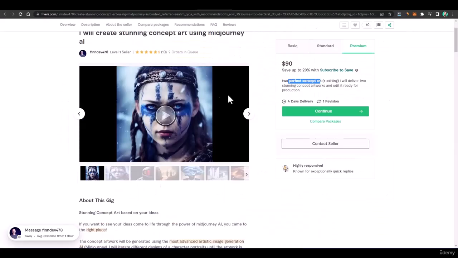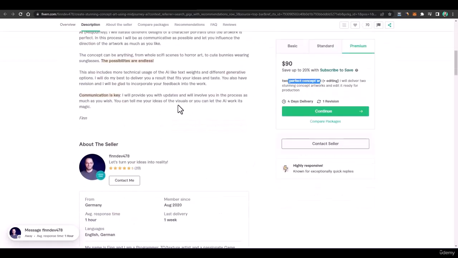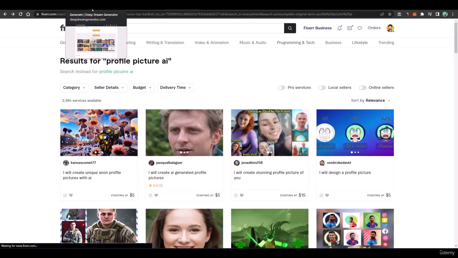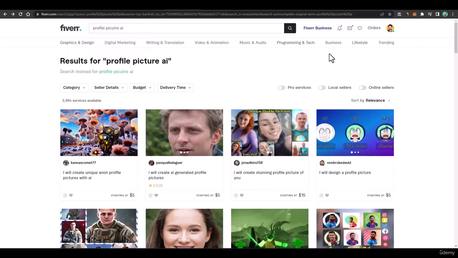In that gig you can get inspiration from these gigs, and you can create your own gig like that. But it should be niche specific. Like you can say, I'll create a colorful DP art for you, or I'll create a colorful profile picture for you, or similar to that. And after doing that, you can just publish it, and when you get orders, you can fulfill those orders using Deep Dream Generator. You can also send buyer requests, because you have a buyer request option as well, where you will see the buyer requests and you can answer those requests. And that's how it works, and you can provide services, and it would be very beneficial for you.